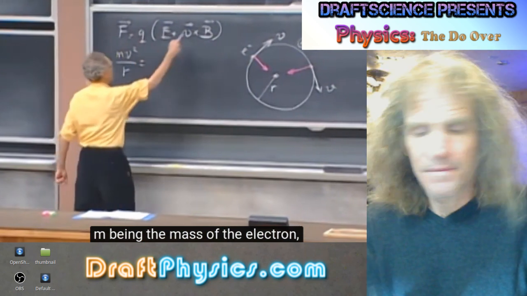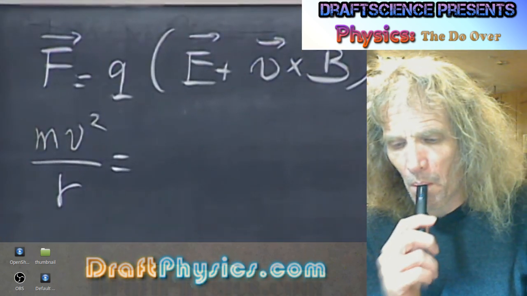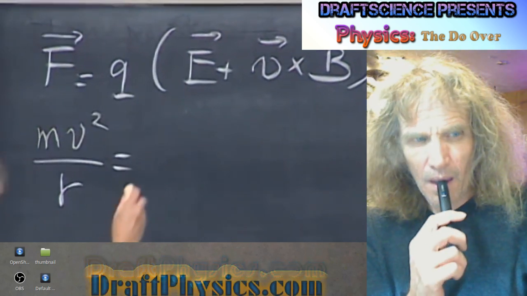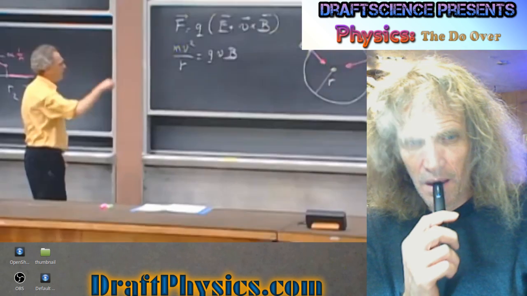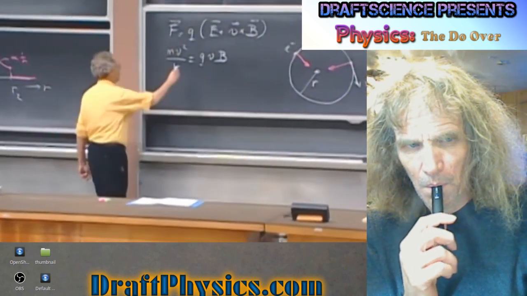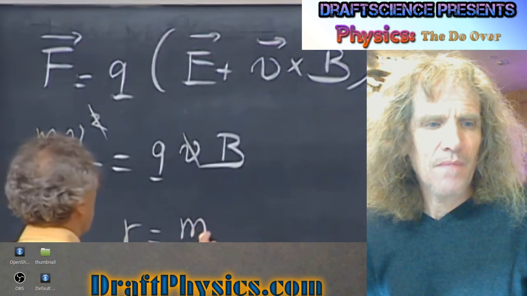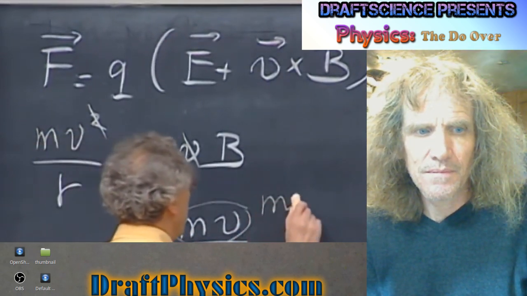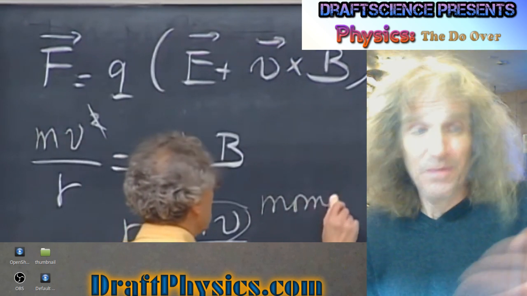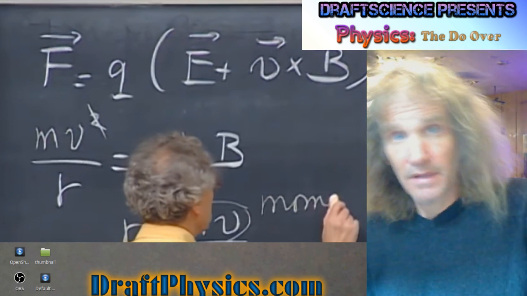Electron is that force, and since V is perpendicular to B, the sine of the angle between them is 1, and so I simply get here qVB. This is the magnitude of the force; we already know the direction. And so one V goes, and so I get that the radius of that circle is mv divided by qB. This being the momentum. Right, and it's the radius of that circle. There wouldn't be any circle unless the field is continuous.